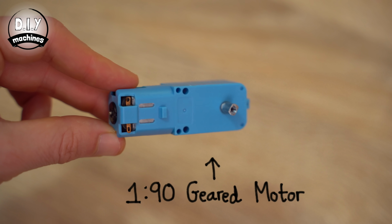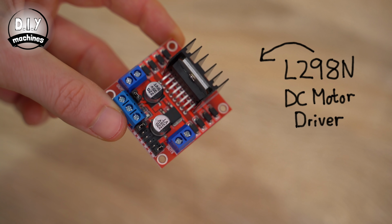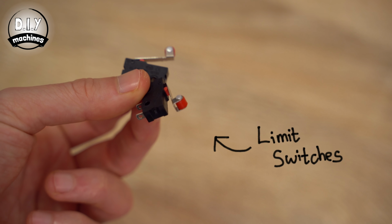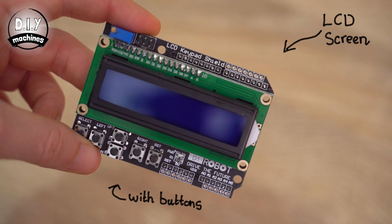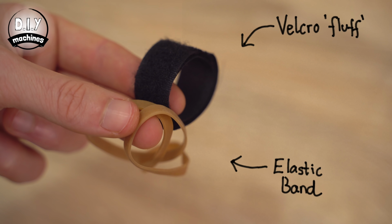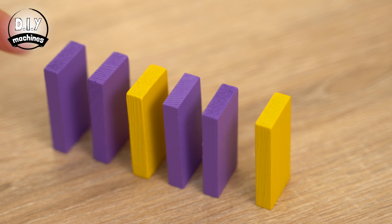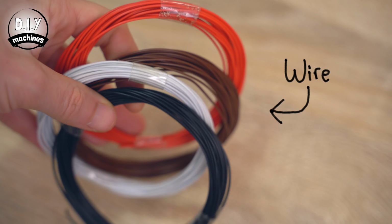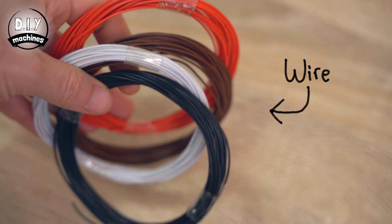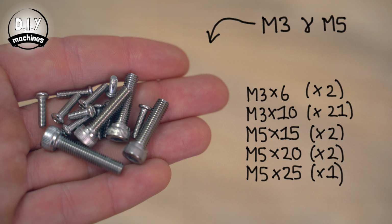motor, I recommend one with a ratio of 1:90. A common motor driver board, 2 limit switches, a 1602 LCD display with incorporated keypad, an elastic band and the fluffy side of a Velcro strip. Of course you'll need some dominoes, lots of dominoes. Some hookup wire for connecting our electronics, a wiring block with at least 5 connections, a small selection of M3